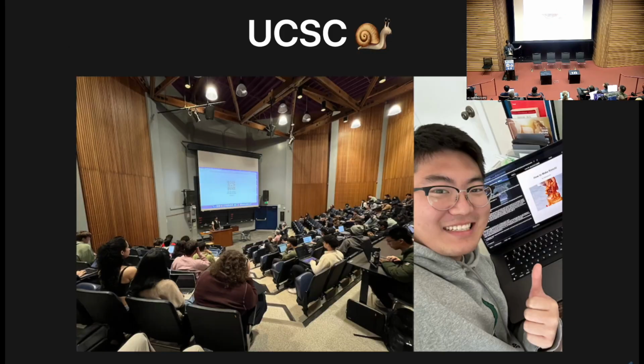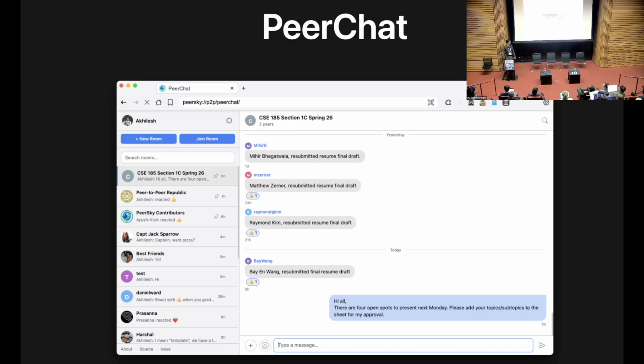We are using PeerSky at UCSC as a Discord, Slack alternative, as Google Slides, Google Drive alternative, and many more. So as you all know, Discord introduced age verification, which is dangerous. Like they want you to scan your IDs, and at some point, they will get leaked, right?